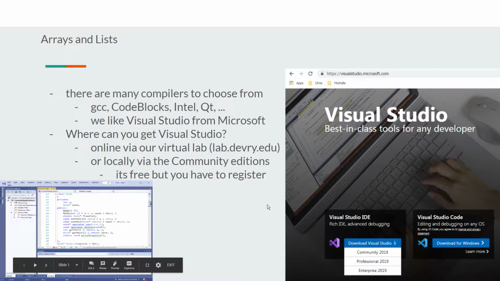Where do you get a compiler that's required to build and run programs? There are a lot of different options, different compilers, different development environments that you can use to create C++ programs. In this course, we're going to look at how to use Microsoft's Visual Studio, which is a really good one. If you go to, just do a search for Visual Studio,